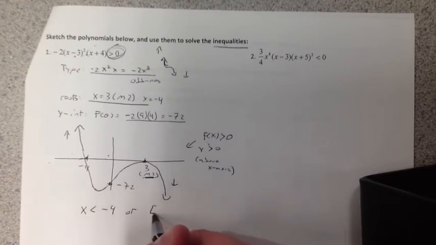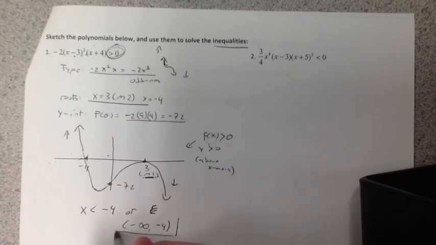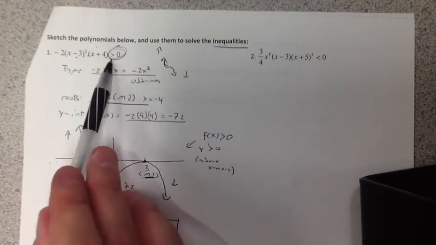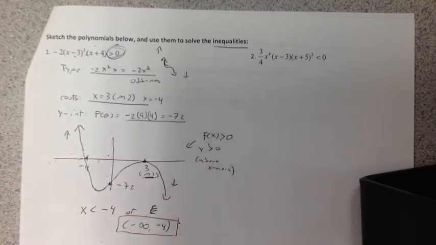Or sometimes we may write it this way: -infinity to -4. Now soft brackets because it's only going to be greater than. If I wanted equal to, then we could write it as a hard bracket. And there's our answer. So you guys go and try number 2 and 3, and we'll go over these tomorrow